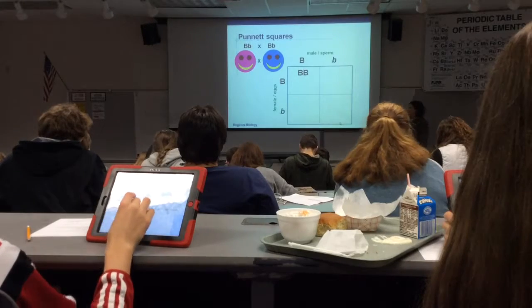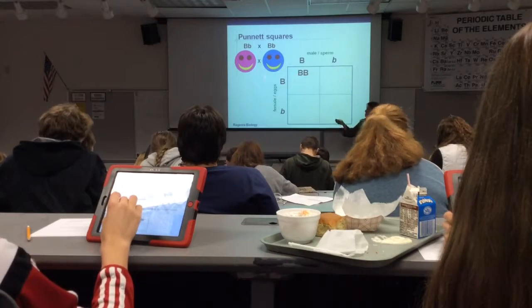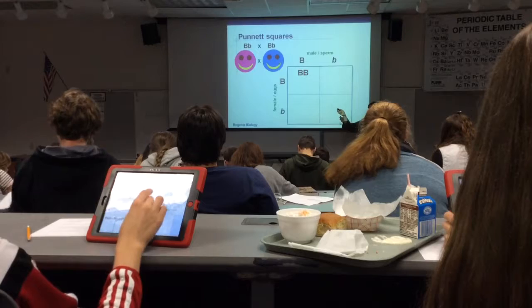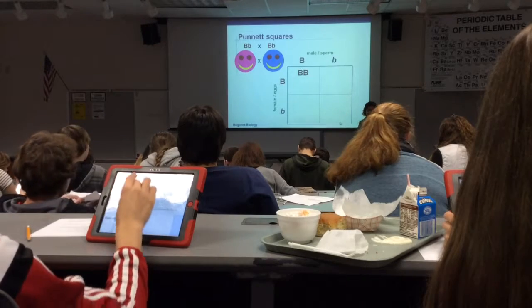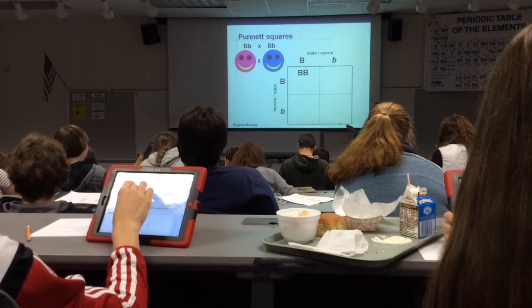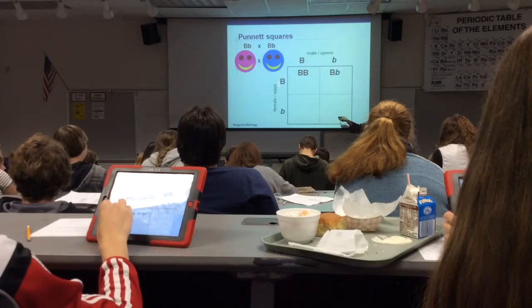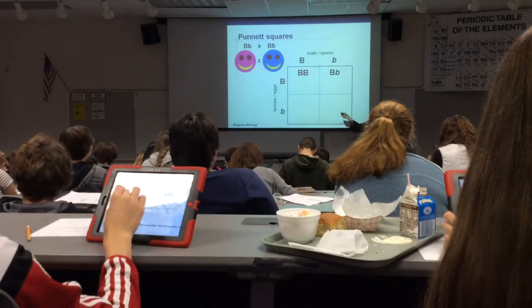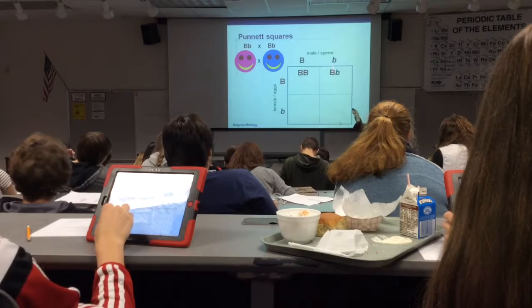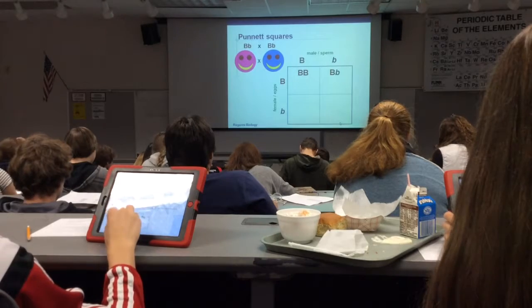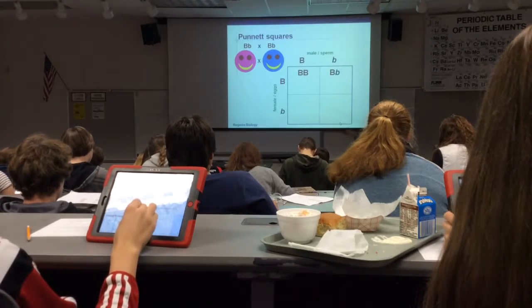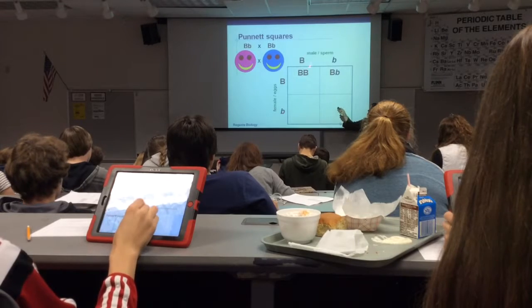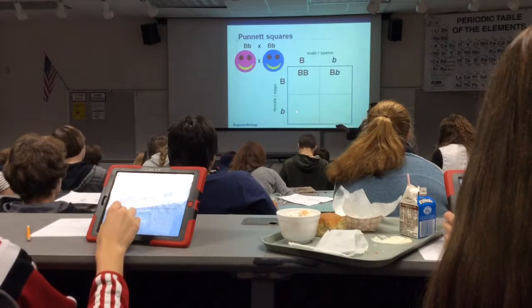So when you fill in the box, if this egg cell united with that male gamete, the offspring would be homozygous dominant. If this dominant B allele from the egg cell united with this sperm cell, the offspring could be heterozygous. If this egg cell fertilized with that male gamete,